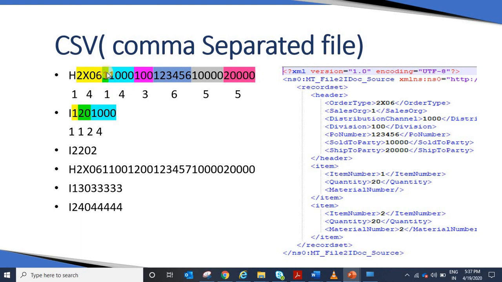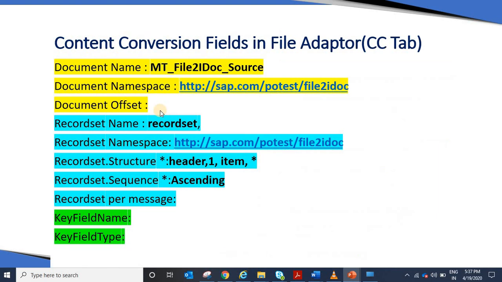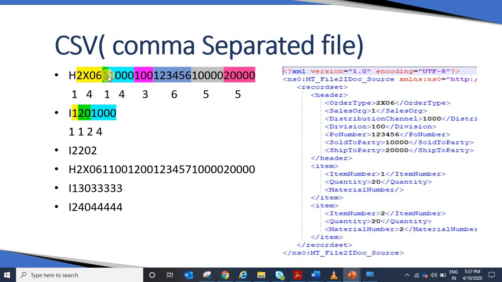Suppose the sales org is 2 digits, then there is a space. Whatever number is mentioned here, we should consider that many digits.